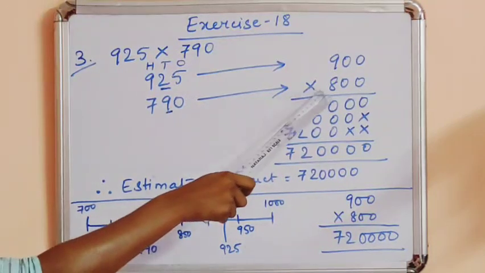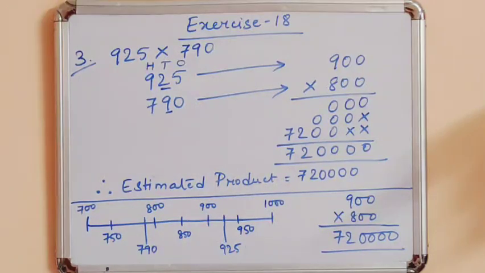There is a shortcut to doing this kind of multiplication. You can see here, 900 and 800, you have to multiply these two numbers. In 900 there are two zeros, and in 800 there are 2 zeros at the back. We cannot take zeros if they are in between other digits. Suppose it would have been 908, then we will not be considering that 0. Since there are two zeros at the end, we will be taking these 2 zeros. So here there are total 4 zeros.